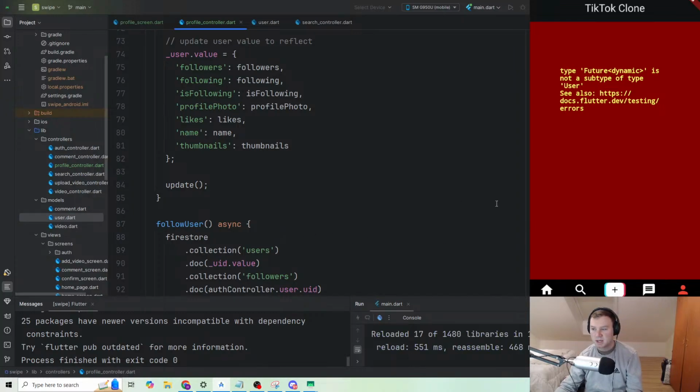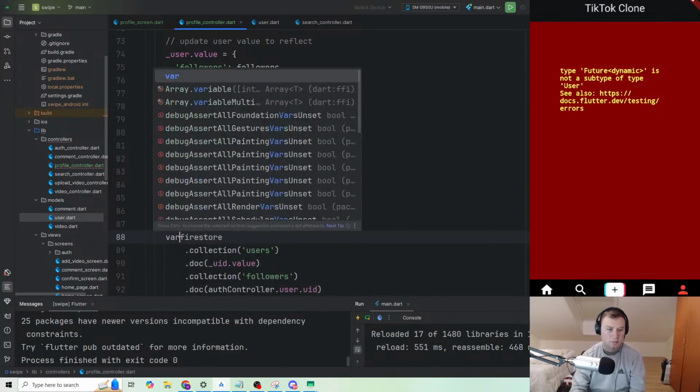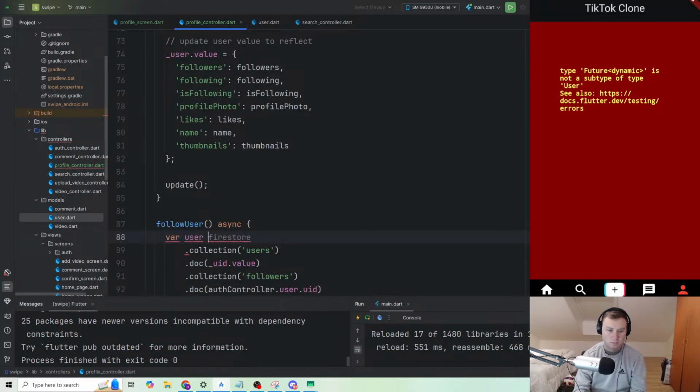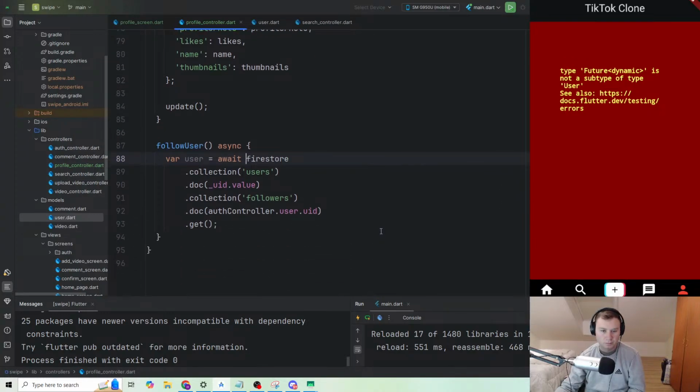Which means we want to set it equal to a variable. Doc,